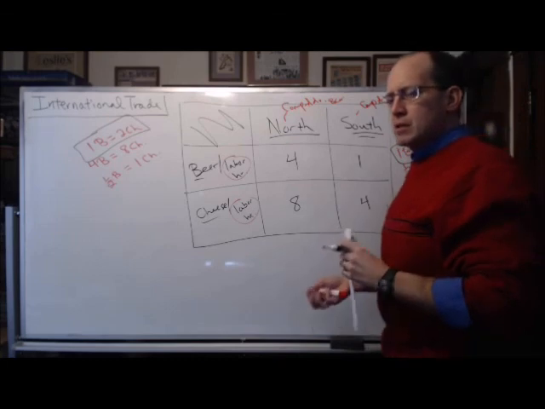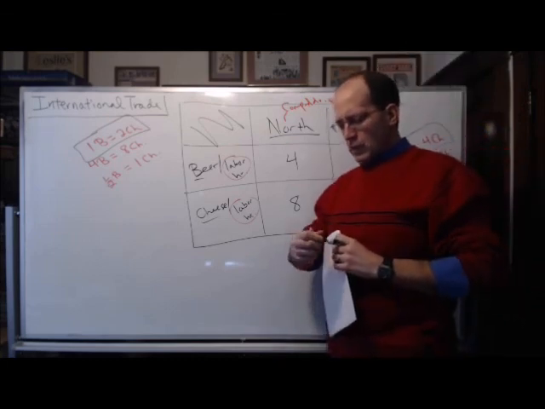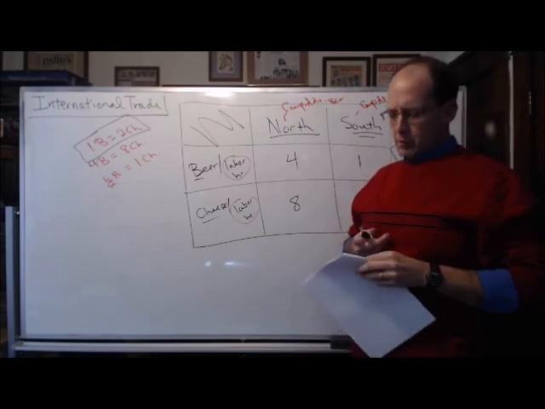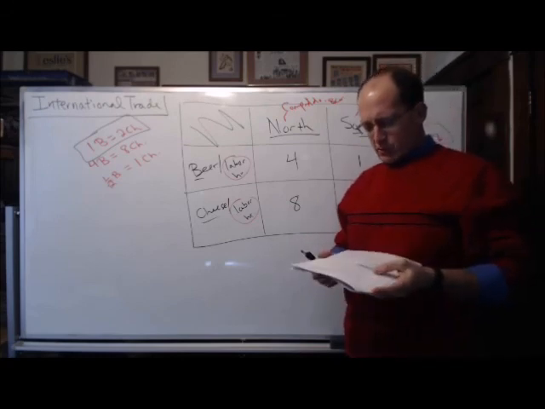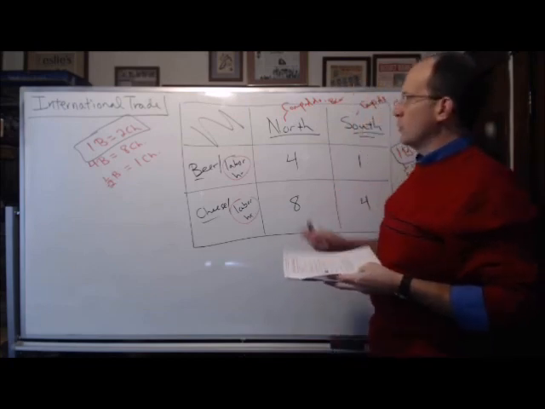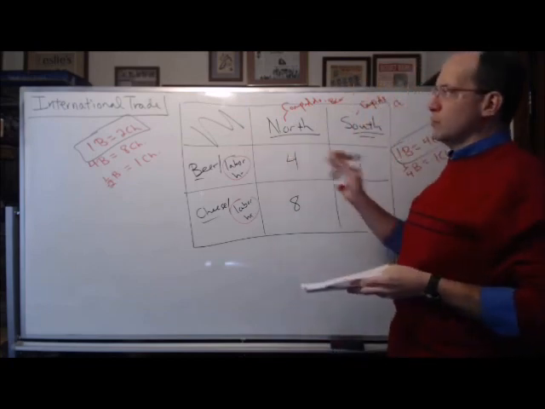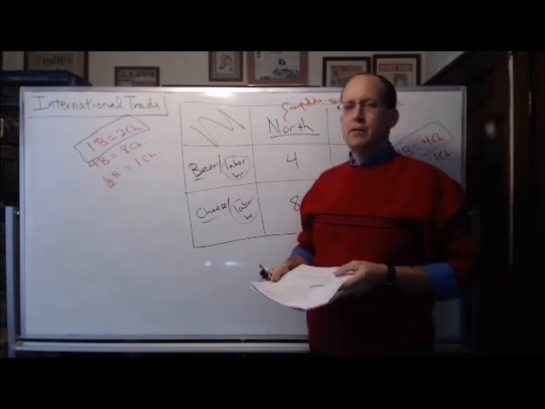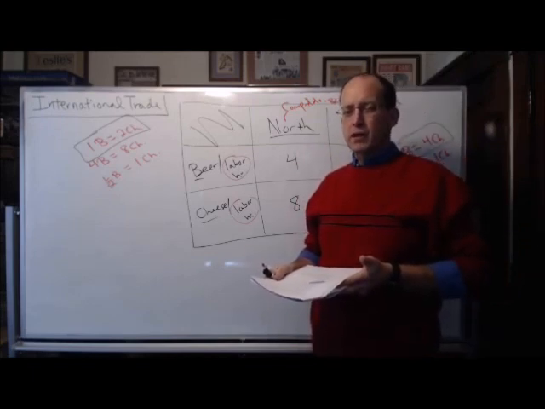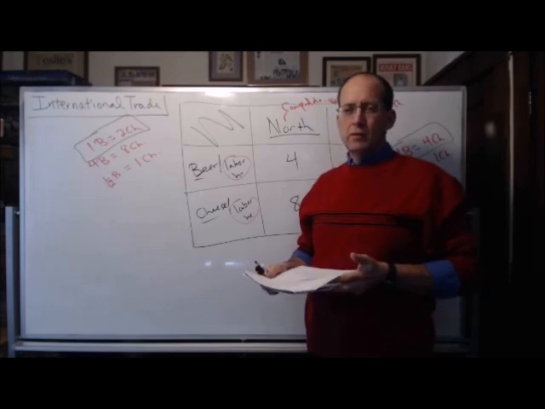It's got to be somewhere in the middle of those two, because those are the domestic opportunity costs, the domestic production possibilities in the rate of trade. If it's not between those two numbers, 1 to 2 and 1 to 4 in terms of beer to cheese, then one of the nations at least would say, no thank you, I can just do it on my own. I can do better here. And so trade would not occur.